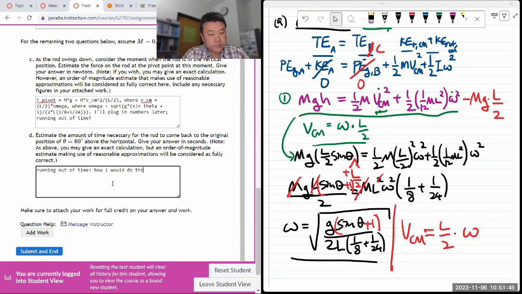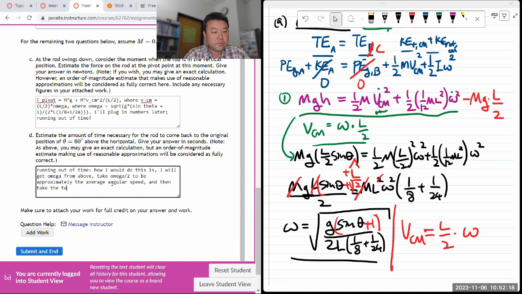How I would do this is I will get a VCM from above, take VCM over 2 to be approximately the average speed, and then actually get omega from above, take omega over 2 to be approximately the average angular speed, and then